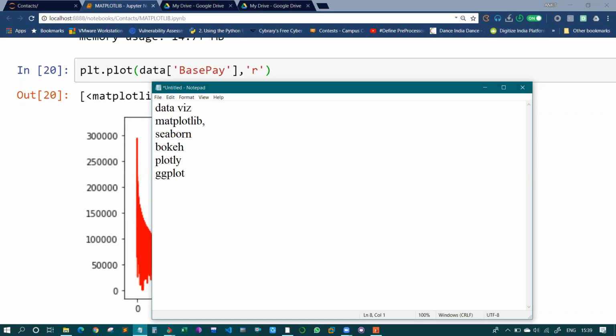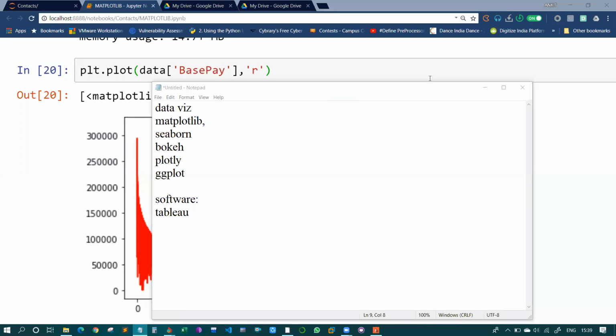Along with this, a data scientist must have some data visualization software. Let's say there are three things. First one is Tableau.